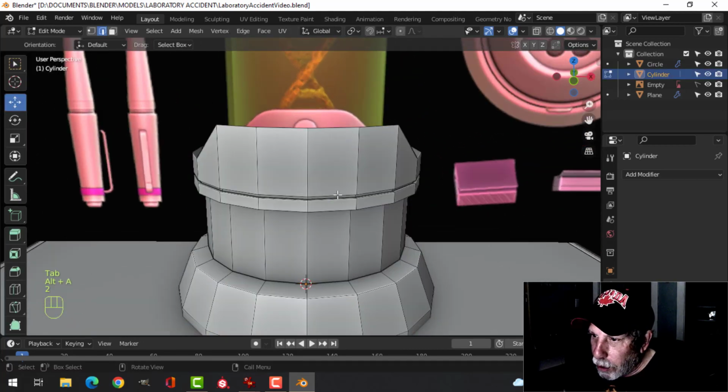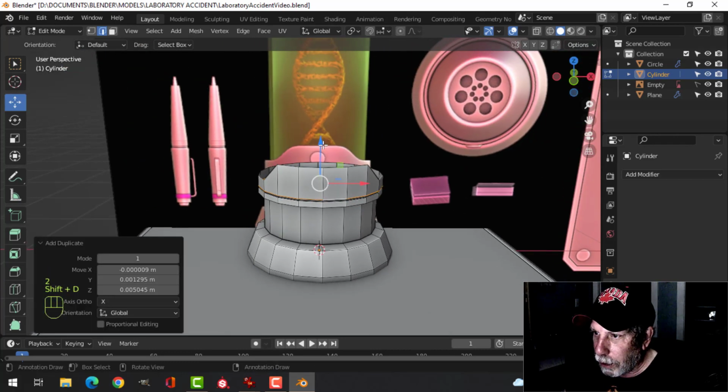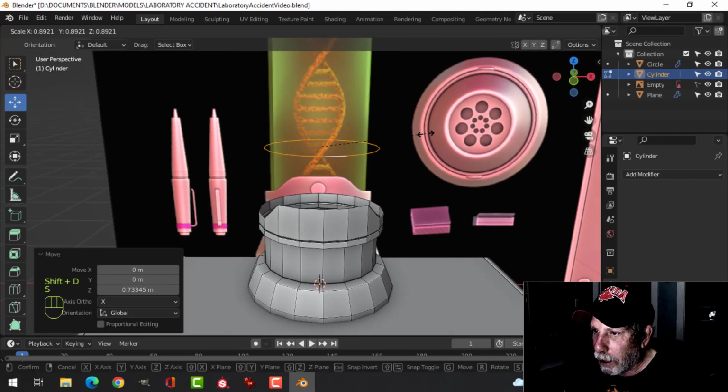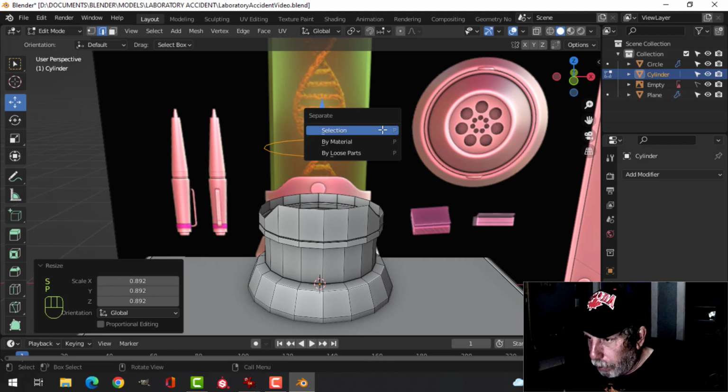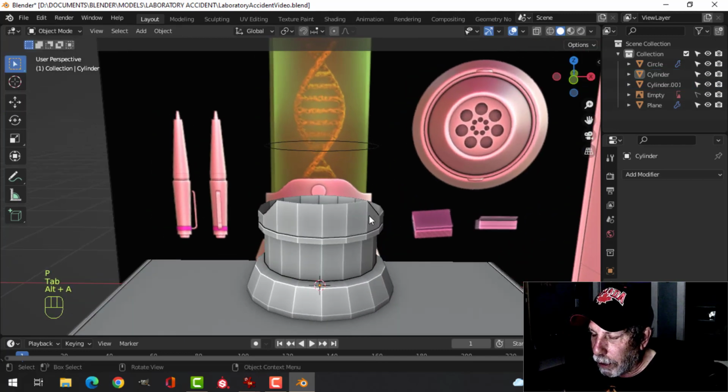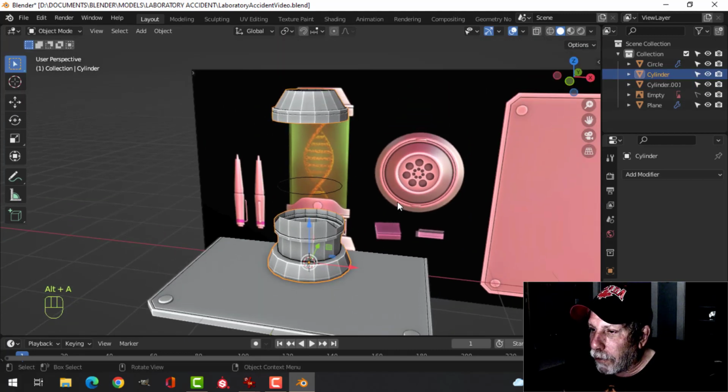Let's keep one of these circles. Shift D. Pull it up, scale it in a little bit to make that. P, let's break it out. All right. Now this stuff,